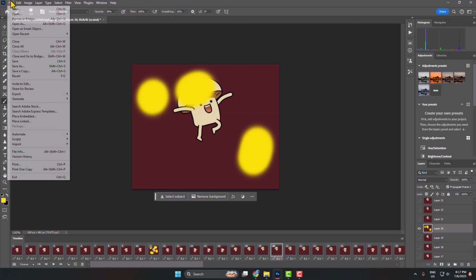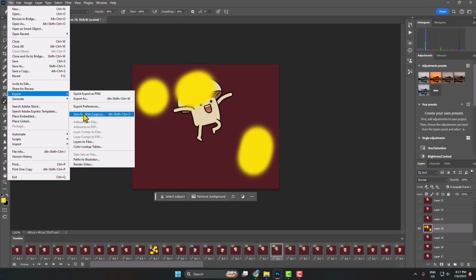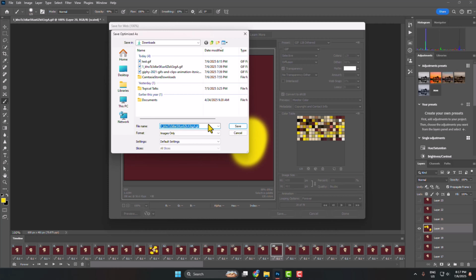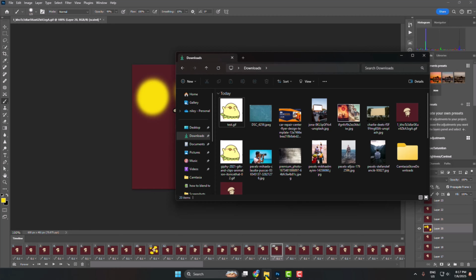To do that, go to File, hover over Export, and click on Save for Web (Legacy). Here, for Preset, select GIF, and click on Save. Now type a name, and save. Once your GIF is saved, go to your File Explorer,